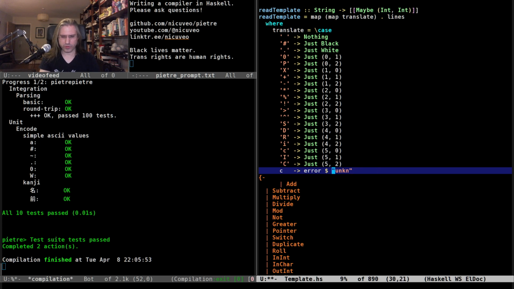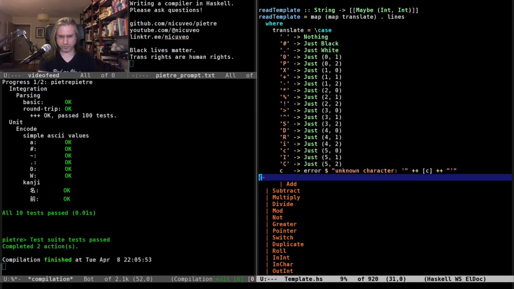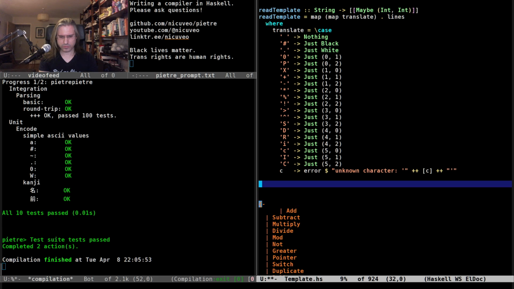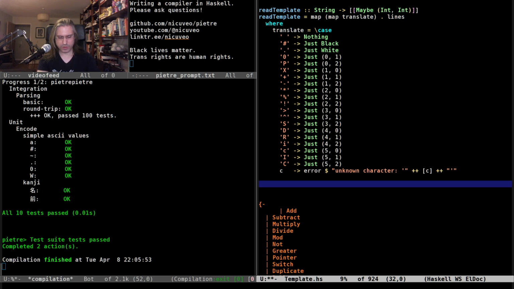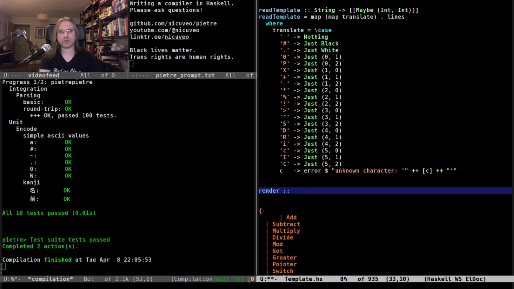I don't need printf for this. Okay. And I guess as a temporary thing to debug what we have, I could do something which is a render of a list of maybe int.